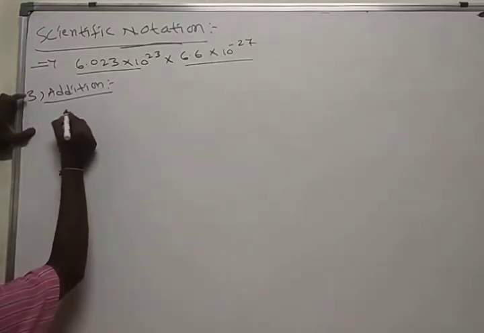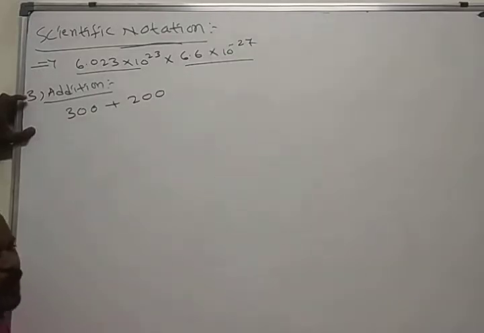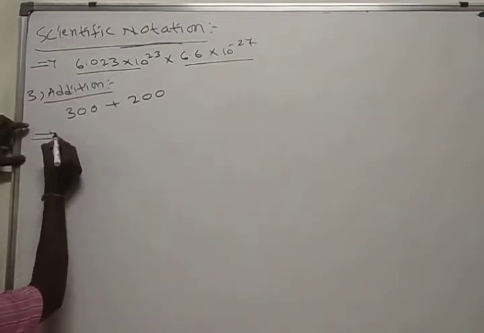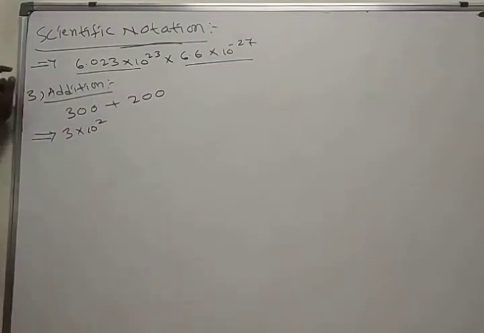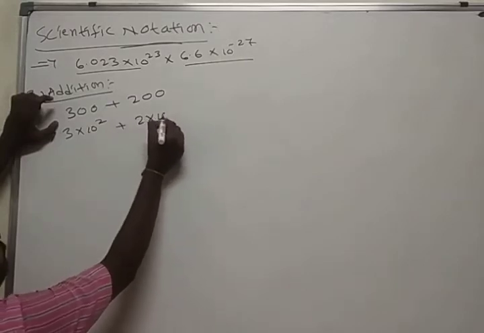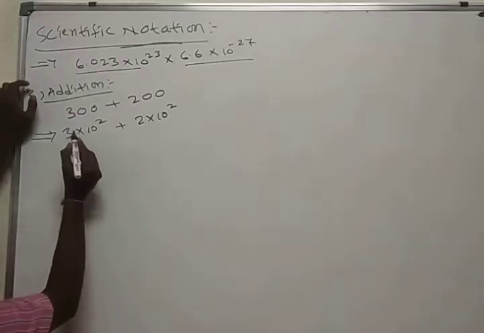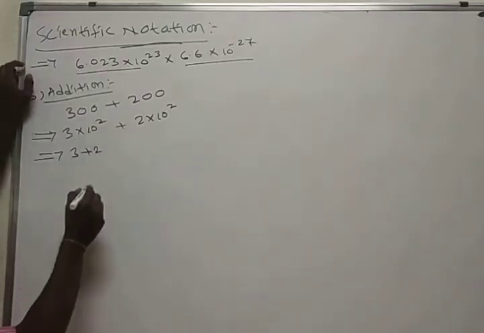Okay, here first I am taking 300 plus 200. We know about that one. 300 plus 200 means 500. We know, but for understanding purposes, I took simple numbers. Write 300 in scientific notation form: 3 into 10 to the power of 2, plus 2 into 10 to the power of 2. Here, 3 plus 2, you take this 2.